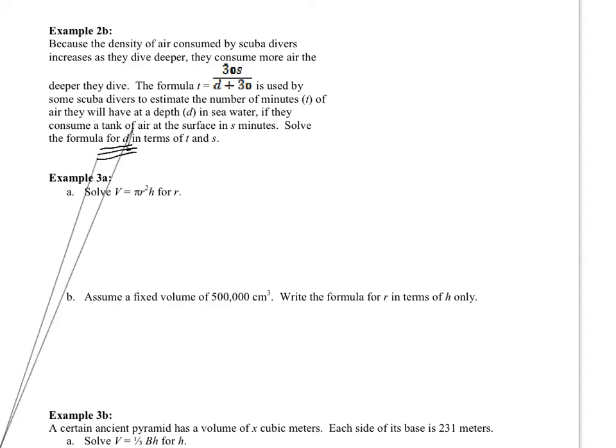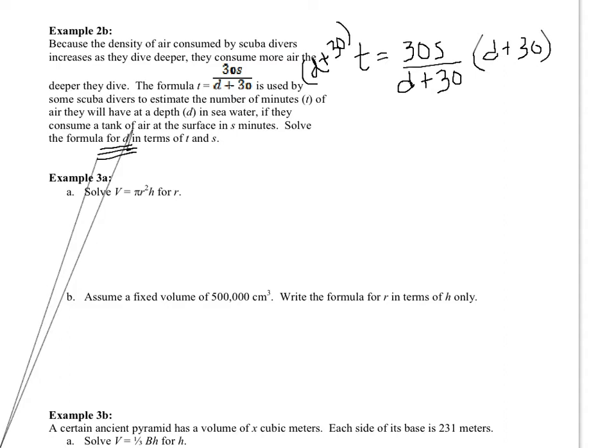d is going to be on one side of the equal sign. So t equals 30s over d plus 30. We're going to multiply both sides by d plus 30 just to get rid of that bottom part. They'll cancel out, and we're left with t times (d plus 30) equals 30s. Now we're going to divide